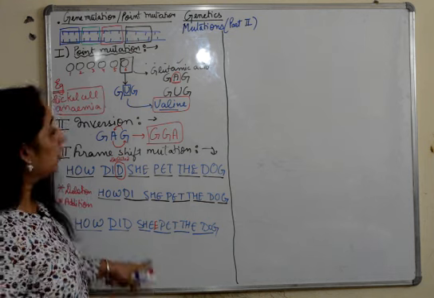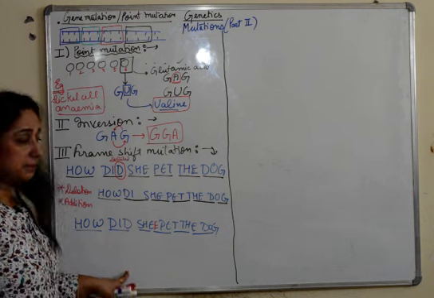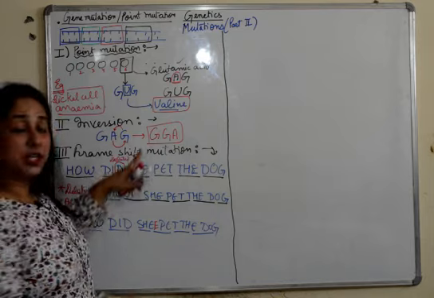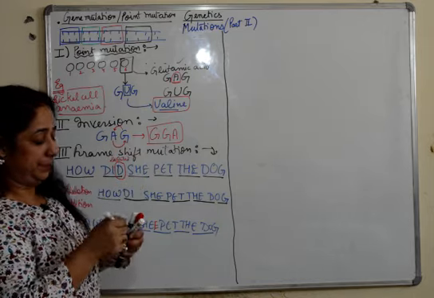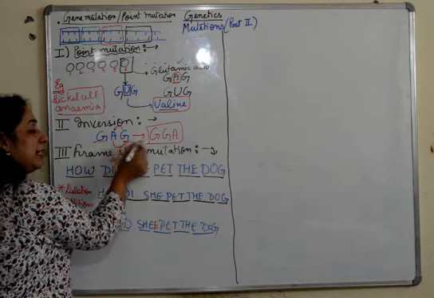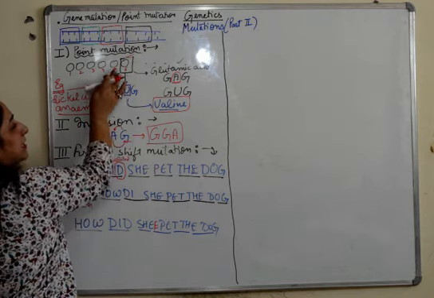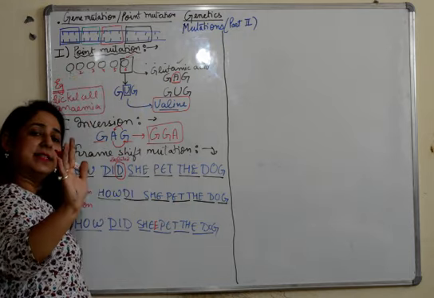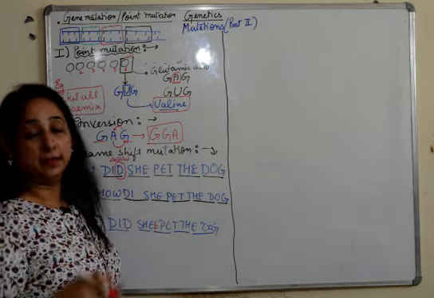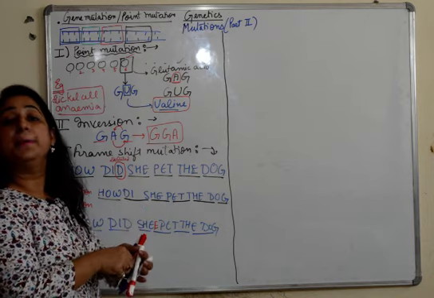There are three types of gene mutations: point mutation, inversion and frame shift mutation. In inversion, if I say in frame shift the whole thing changes, but in inversion, before and after there will be no change. If suppose this nucleotide has been removed, then the nucleotides before and after, all the amino acids, there will be no change here. Here also, this point mutation has taken place. This chain and this chain will remain the same. There will be no change. But in frame shift, the whole frame is shifted, is changed. Fine. So these are the three types of gene mutations.